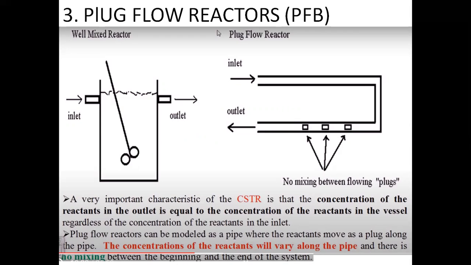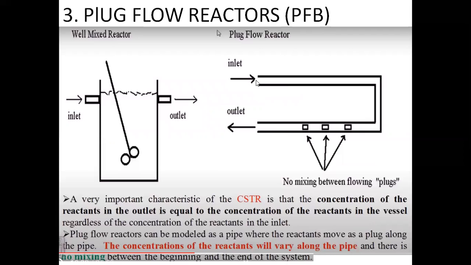In this, the concentration of the substrate, or you can say the contents of the reactor vessel, is not the same in all the regions. As the substrate moves from the inlet to the outlet, the chemical and physical properties of the plug, or the reactants, change from one region to another, and it is not uniform. So it is basically used for the treatment of the sludge which we get after the wastewater treatment,